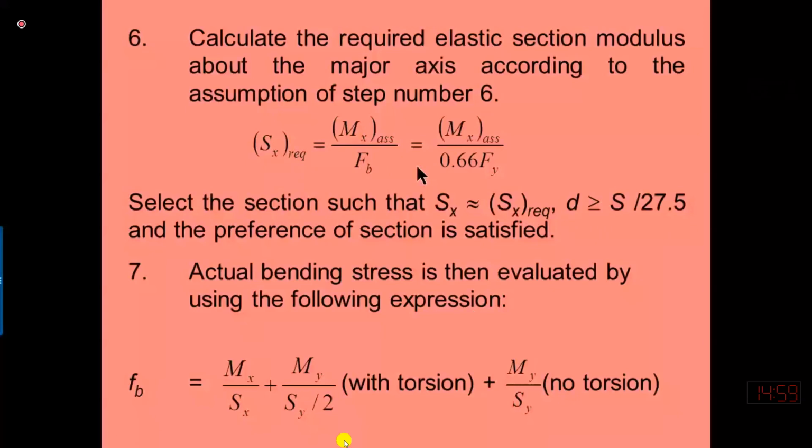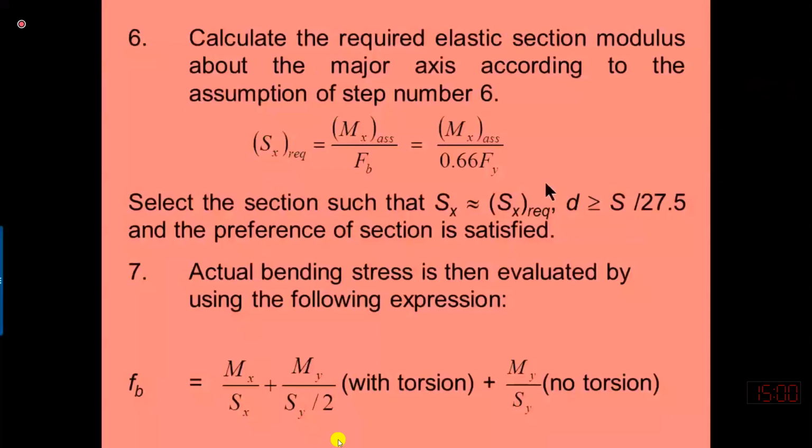So depending upon this Sx required, we will select a section from the section properties table. We will try to select a section whose section modulus about xx is more than this value. And further, during selection, we will also make sure that the depth of the selected section is more than the length of the Perlin divided by 27.5 in order to satisfy the deflection criteria. After selecting the section that we have selected,